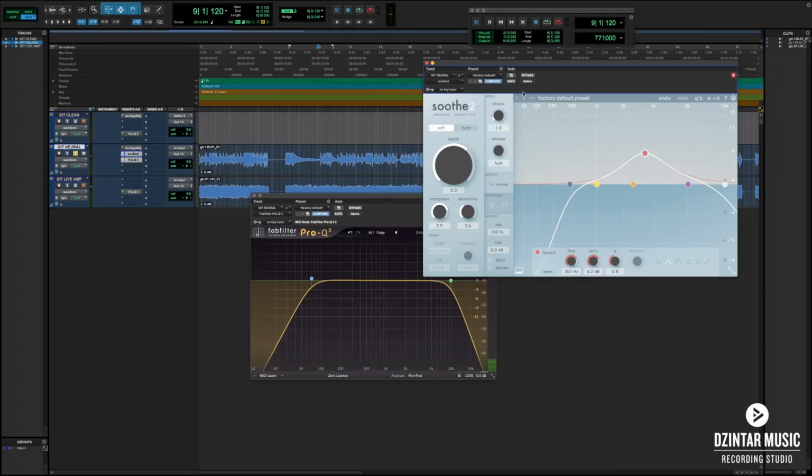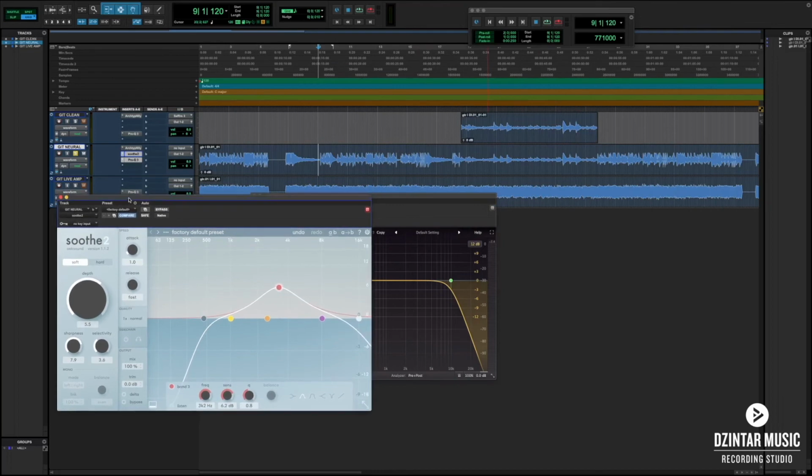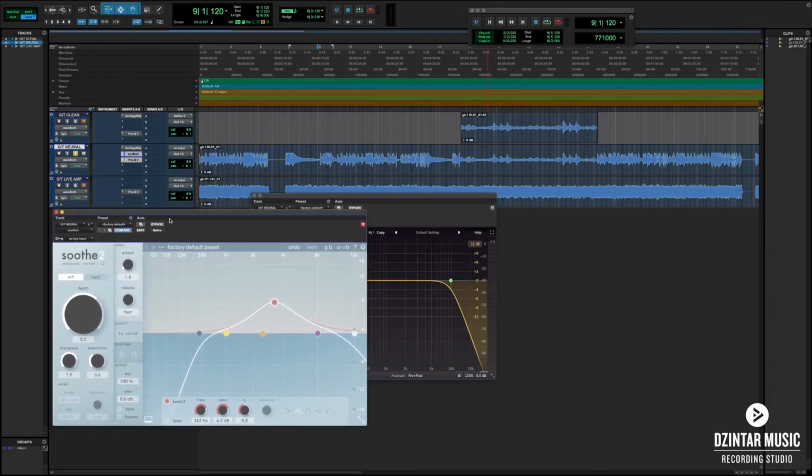So that's a very good solution as well, and maybe it's even better than just taking out the annoying frequencies with the FabFilter EQ, because when the guitar player is changing his chords, the whistles and the harmonic spikes will also change. So Soothe will follow that because it's a dynamic attenuator. It will follow the pitch. So maybe it's even better in this case to use that. So that's a great improvement, and I think it's also quite necessary to tame down those spiky harmonics and upper